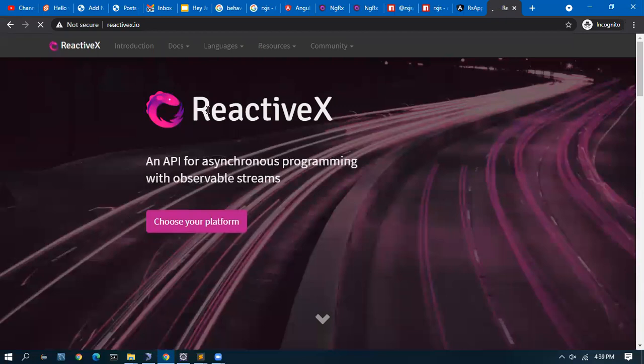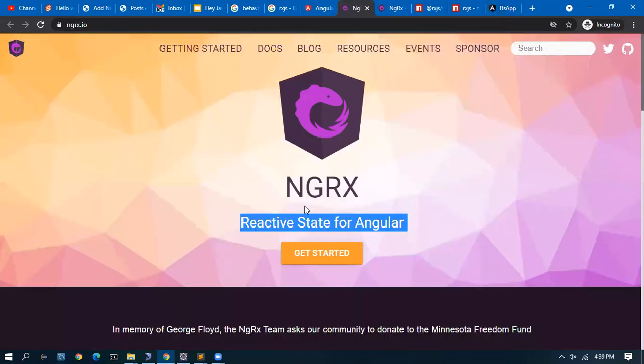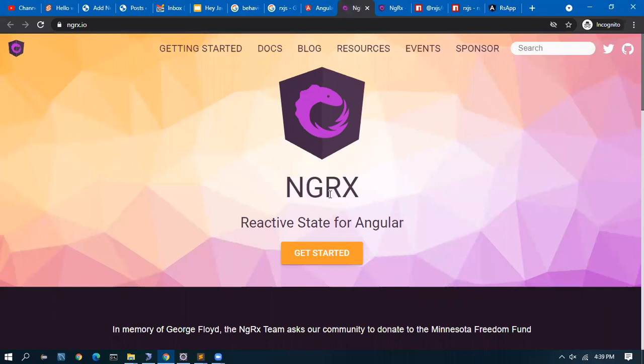This is the reactive X part of it: an API for asynchronous programming with observable streams. We will be reading about the observable and how to use it, which is very handy once you know it. It is a very cool feature. We will be reading how to use this in Angular. That is NGRX. NG is Angular, RX is reactive. So it is the reactive part of Angular.